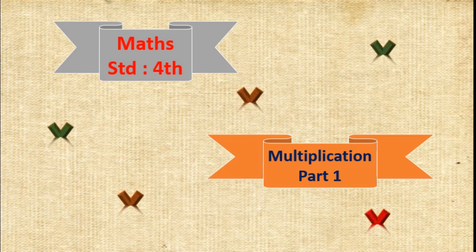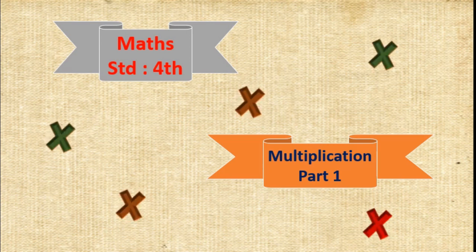Students, you know this is the symbol for multiplication. This we use during writing the tables, isn't it? Tables we use to multiply the numbers. In 3rd standard, you studied about the tables and about the basic multiplication, isn't it? Today we will learn the multiplication of 2-digit numbers and 3-digit numbers by 1-digit, 2-digit numbers. Okay, shall we move to the portion?